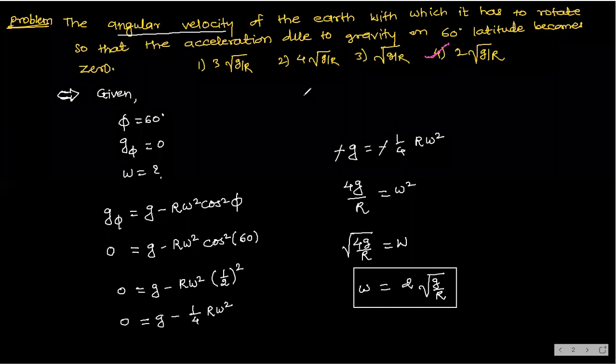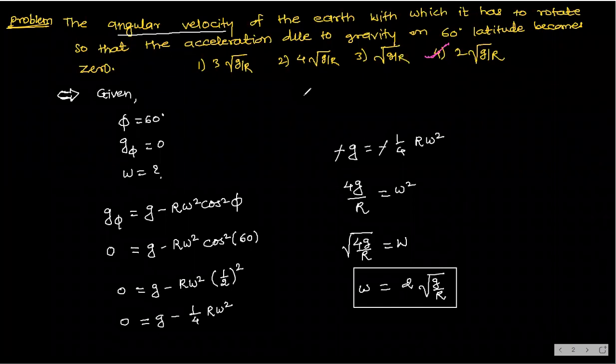Understood. Ready for next problem now? Note down first this. Try to understand. Now you are asking me, sir, why we don't have to keep values? Because see, in this question, options are in terms of g and R. That's why we are not substituting values. If options are in terms of numbers or units, whatever it is, then we should substitute the values.